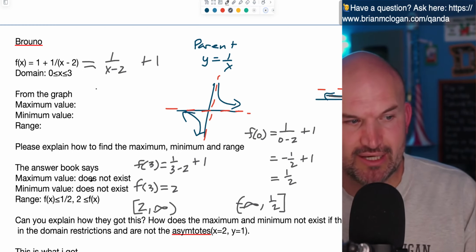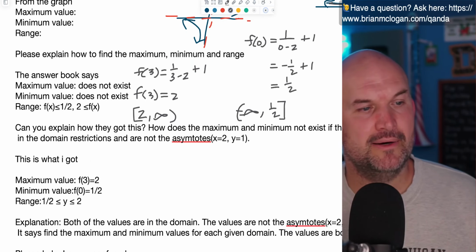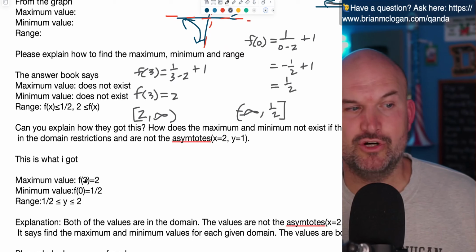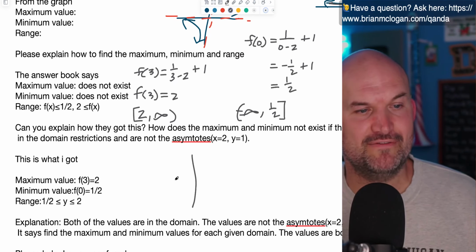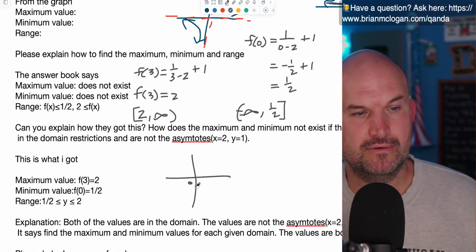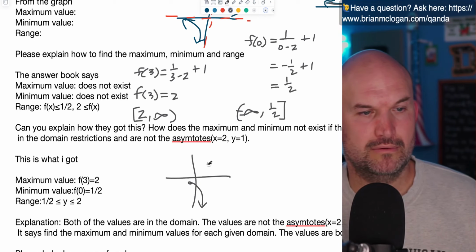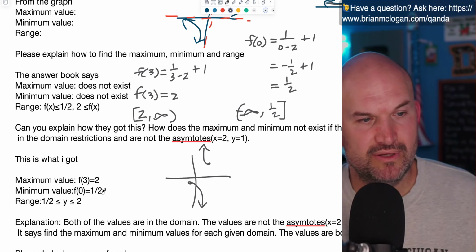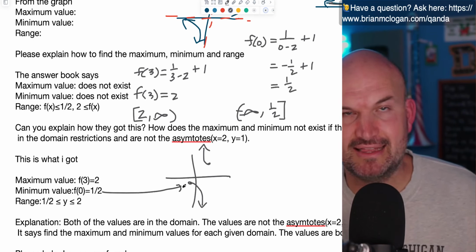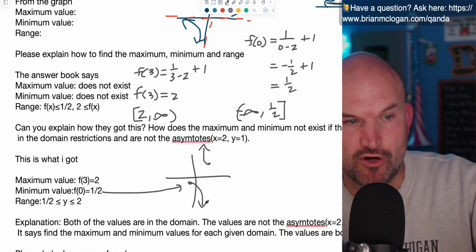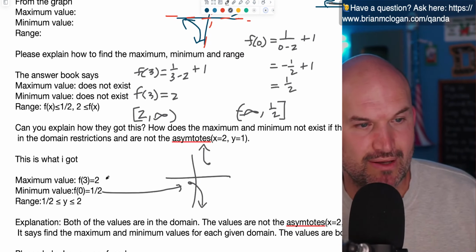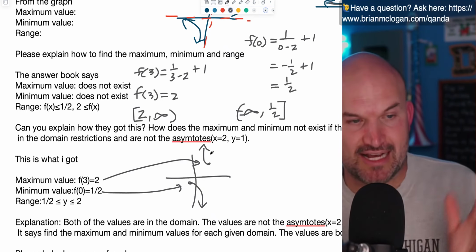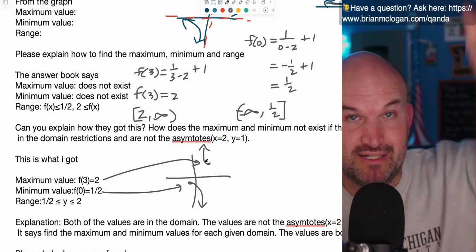So hopefully that helps you out. These values, yeah, f of 3 is 2, f of 0 equals 1/2. That's true. But again, if you look at the graph, it looks like this. That's not the highest value. That's not the minimum value. This graph keeps on going farther down. It's approaching that vertical asymptote. This is not the maximum value. That's not the highest point on the graph. The highest point on the graph is actually to the left of that point because it keeps on going up